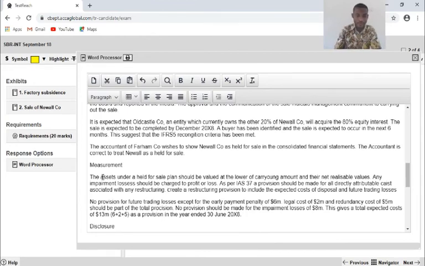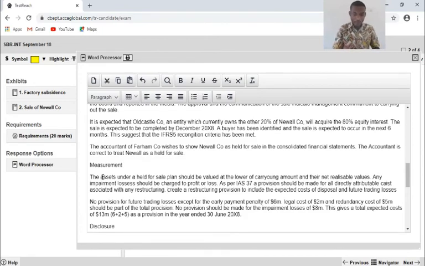Now, I want to see how I can blend this to the content I've copied. Now, it says that the CEO accountant create a restructuring provision to include expected cost of disposal and future trading losses.